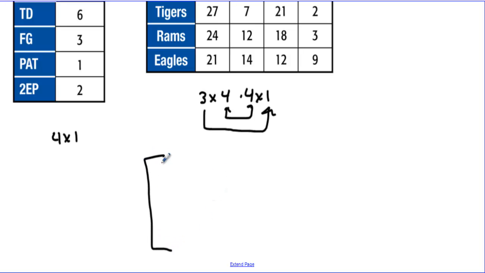Let's set up a 3 by 1. So let's look at the first row. We have 27 times 6. That's 162. Then we have plus 21,